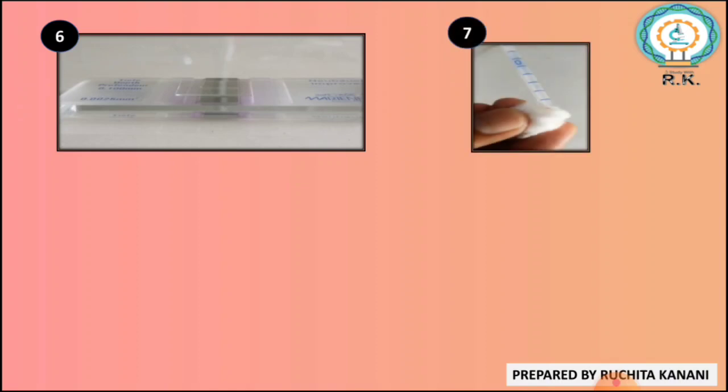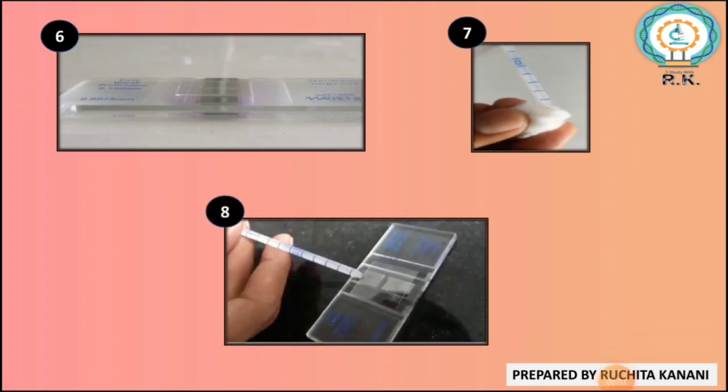Now, put the WBC pipette, mix the solution present in it again, and then discard 1 to 2 drops from the pipette before charging the chamber. Then, gently press the rubber tube on the WBC pipette so that the next drop of fluid is in hanging position. Touch the tip of the pipette with the hanging drop against the edge of the cover slip, making an angle of approximately 45 degrees.